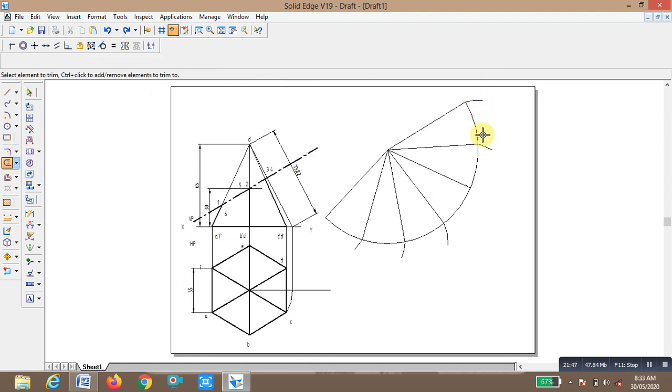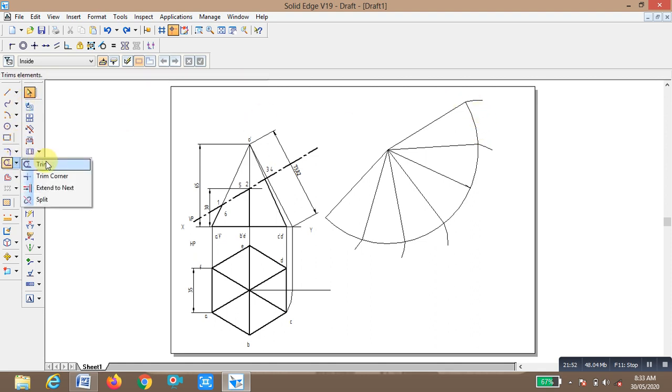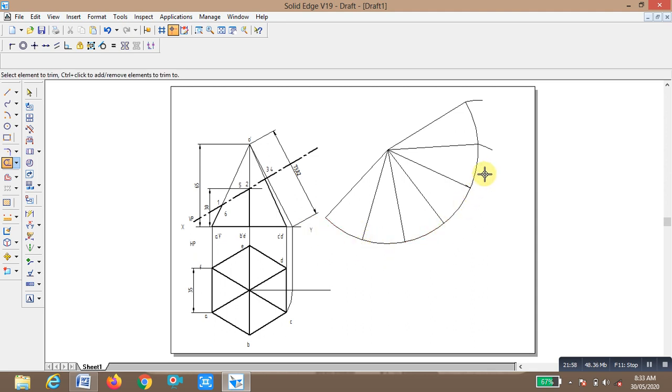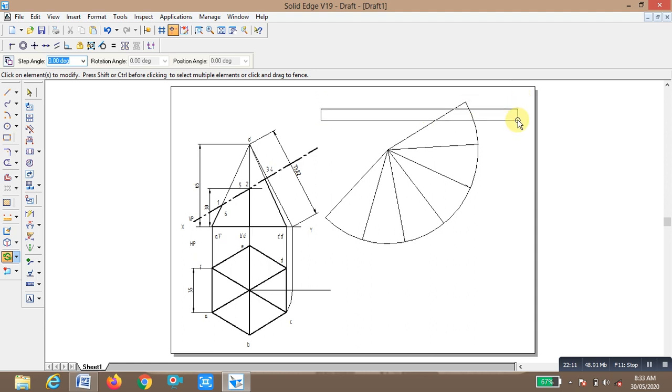Now go to the rotate command, select this object, select this whole object and rotate it with respect to this.